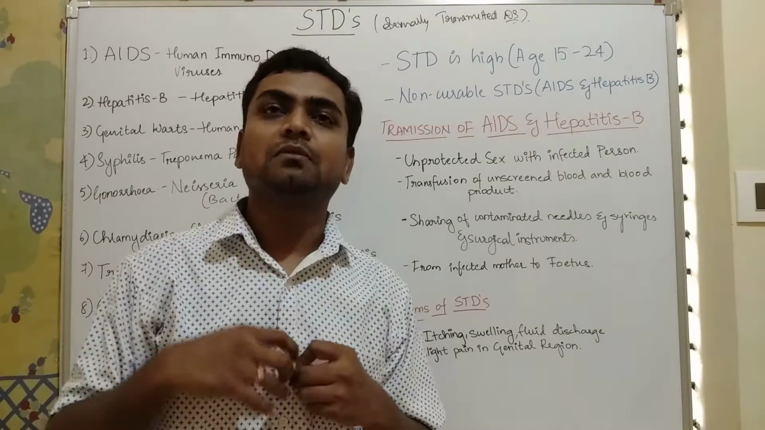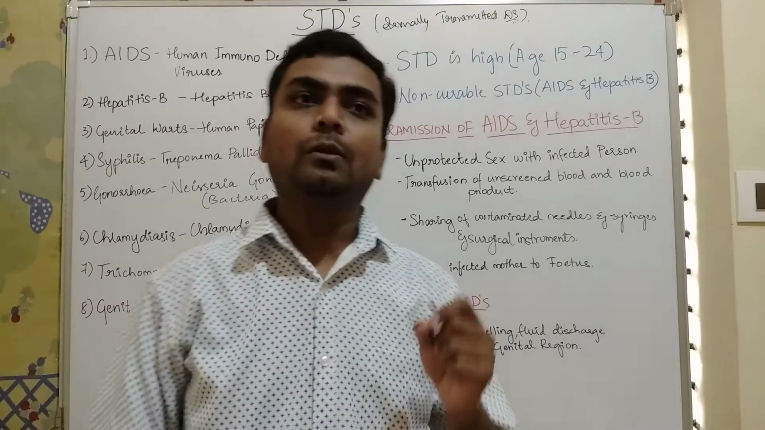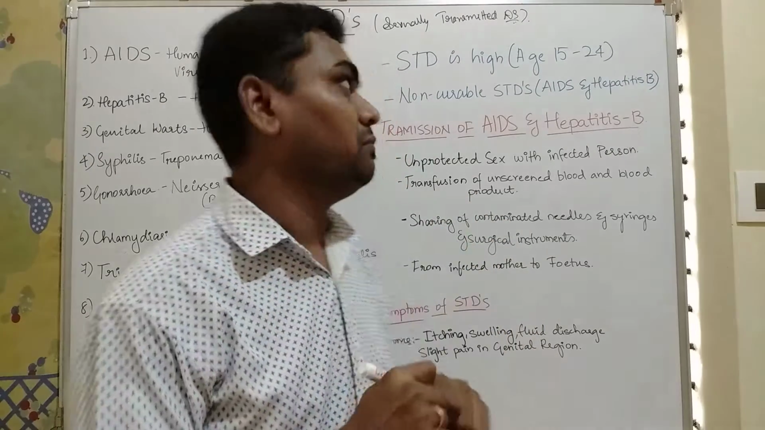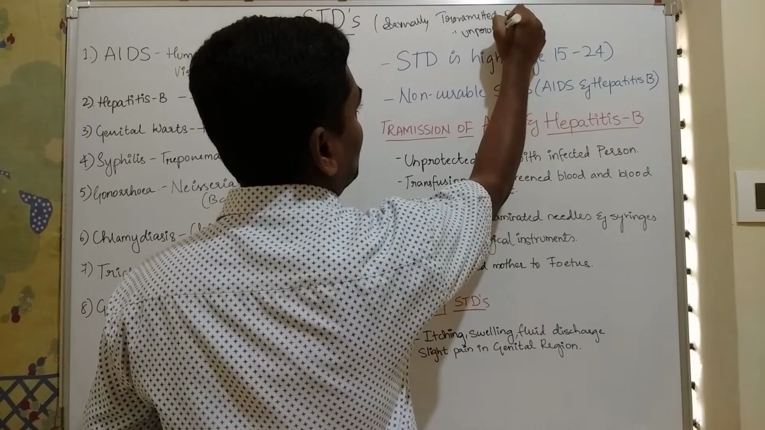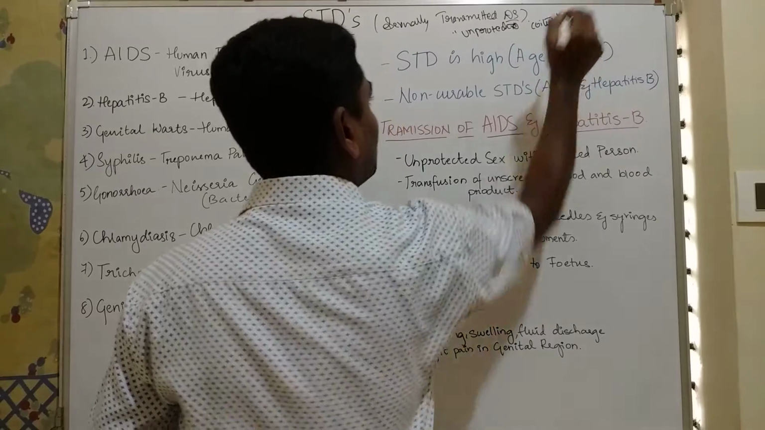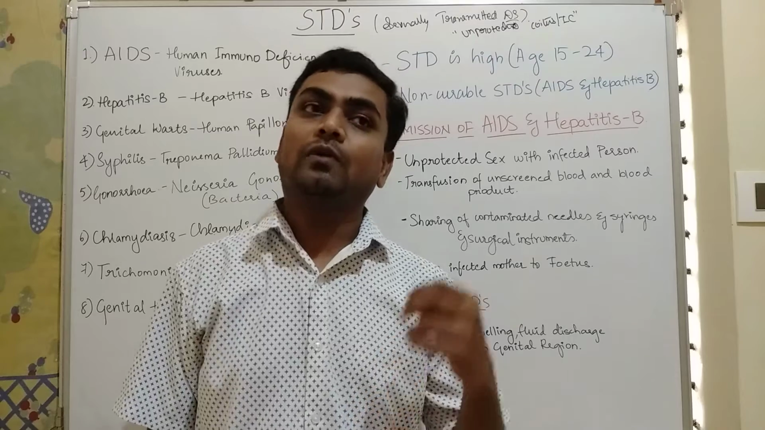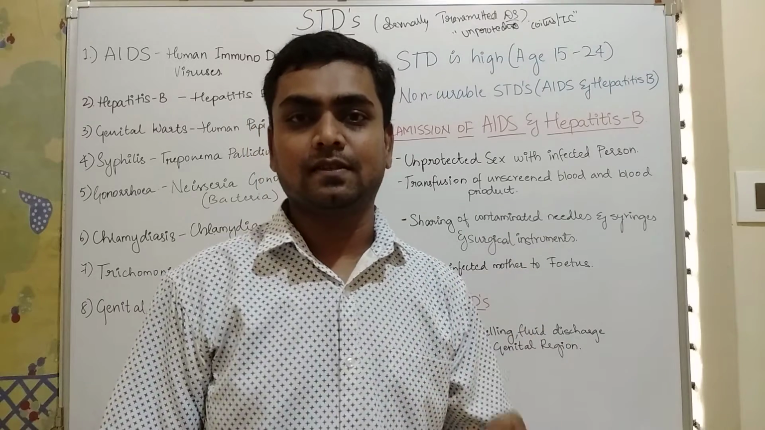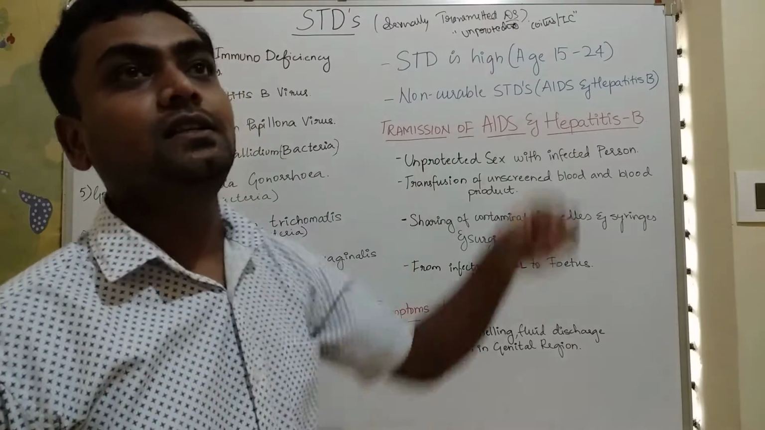It can be seen in both male and female. How can it be seen? When a male or female does unprotected, remember this word, unprotected intercourse, unprotected coitus or intercourse. When they do unprotected intercourse, not wearing any condoms, not following any contraceptive methods, or not using any contraceptive devices, in that case the disease of the infected